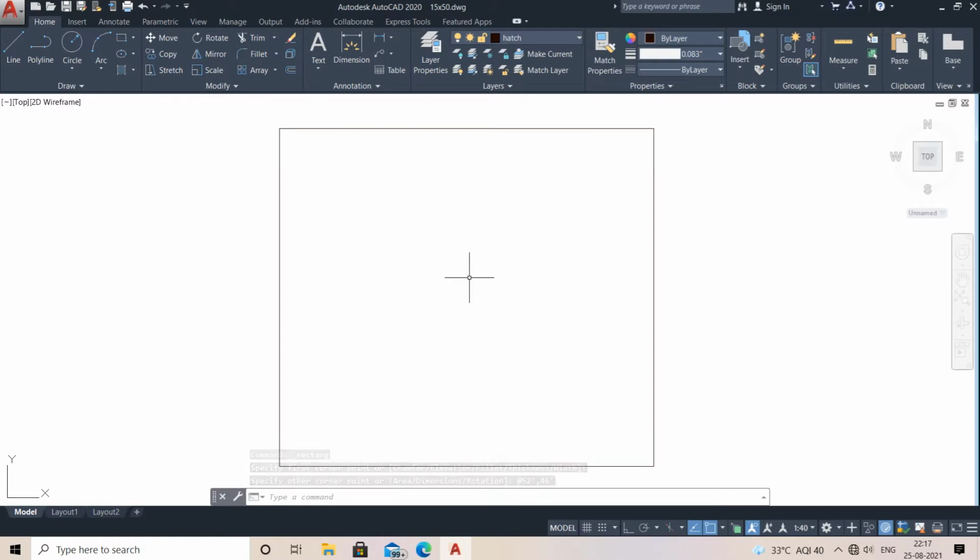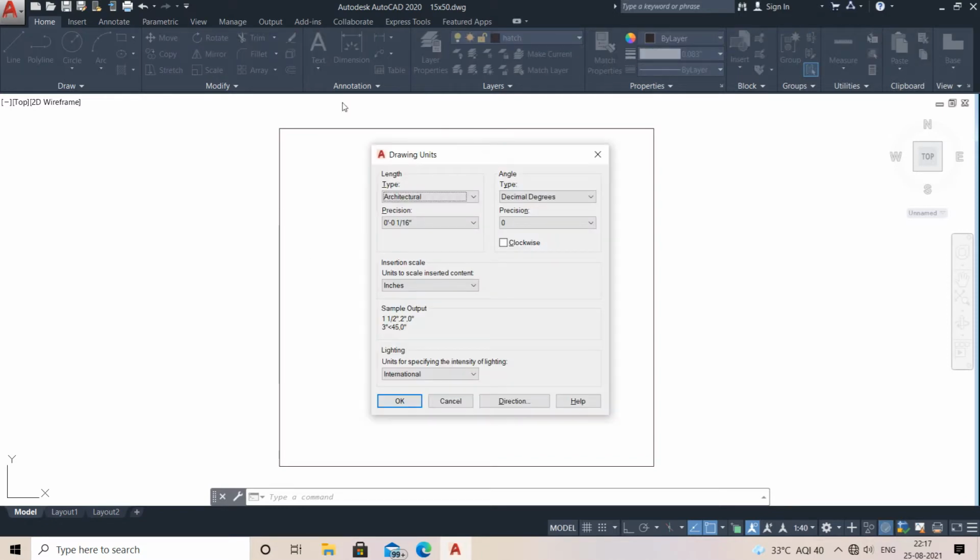If you do not know how to set your unit in feet and inches, please watch my previous tutorial. Also now I am going to tell you here. Just type UN on your keyboard and enter it. After entering UN, this type of dialog box will open.